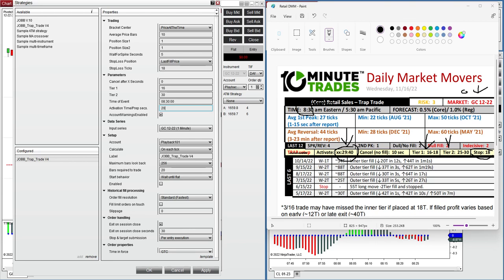I just want to tell my boss to change the reports. Just put a 10 in there or a 20 in there. It'll be a lot easier. But that's how you read it. Figure out what the time is, and then as many seconds as you are away from the start of the event, that's the number. And what that number means is 20 seconds before the event, our orders will show up